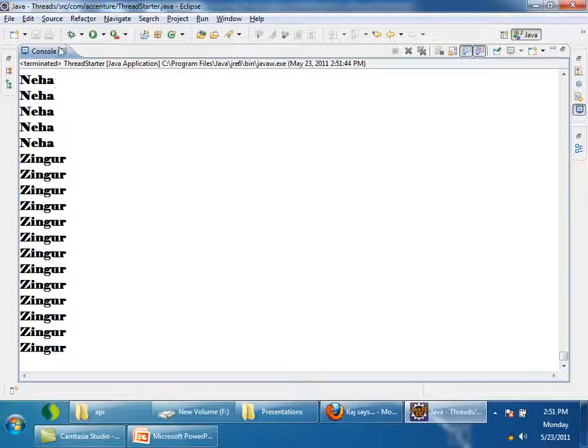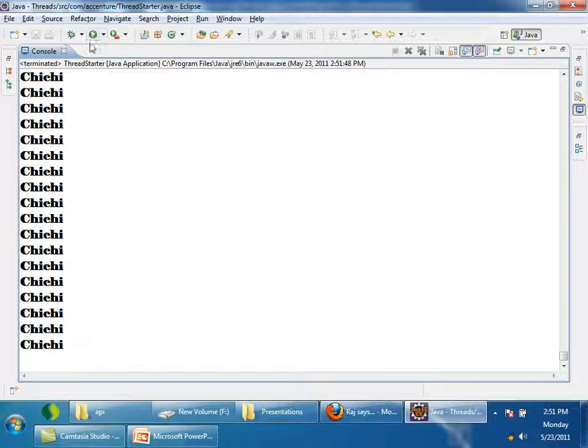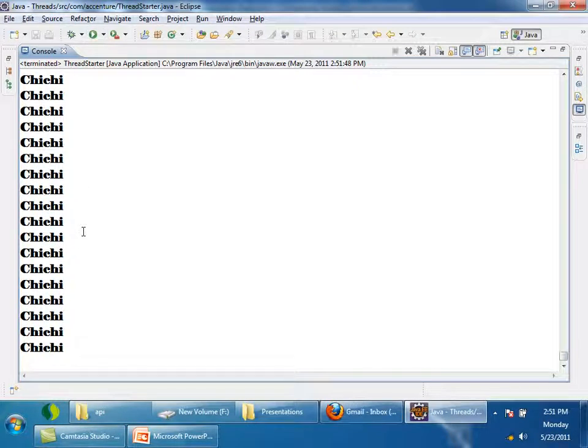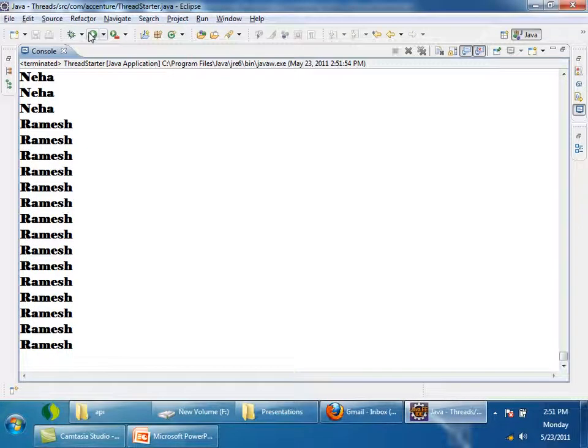Always Jingur is ending at the last. So the order of execution of the threads is not in our hands. Once the thread starts, every thread is on its own. Every thread will have its life cycle.